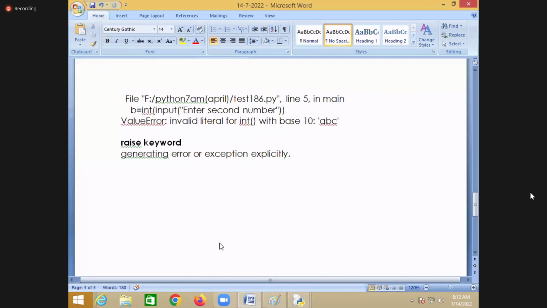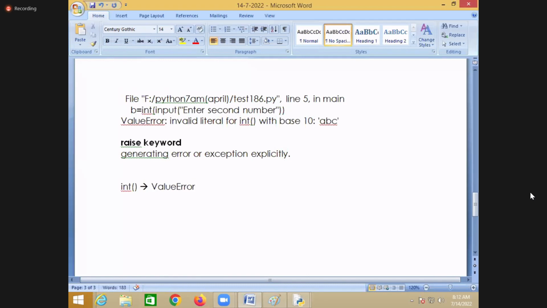So it means you write some logic. For example, the int function is a predefined function, not user defined. If you give wrong input to this int function, it generates a value error.